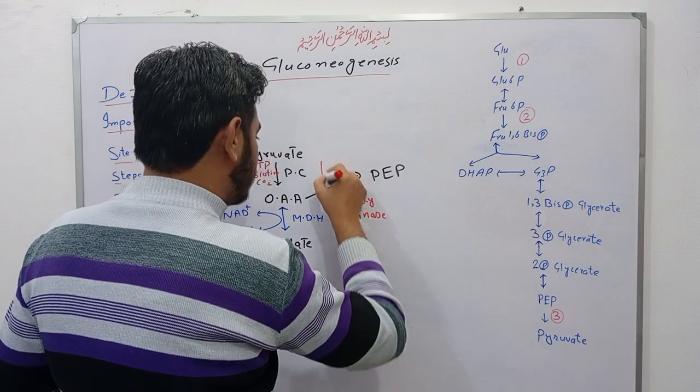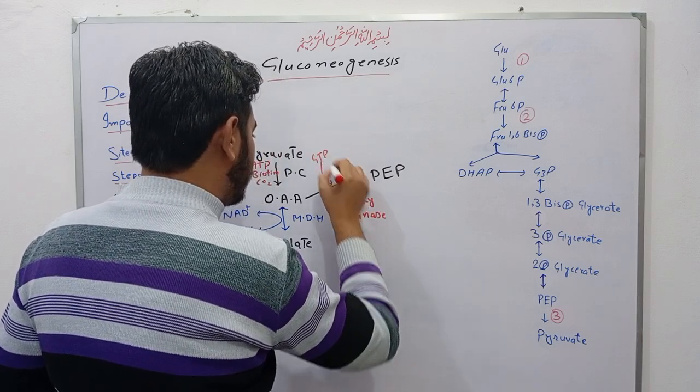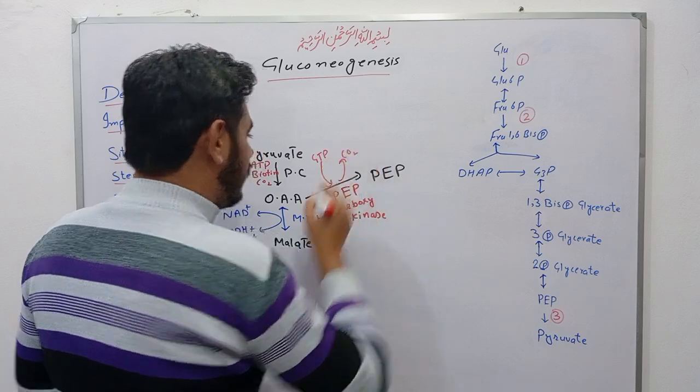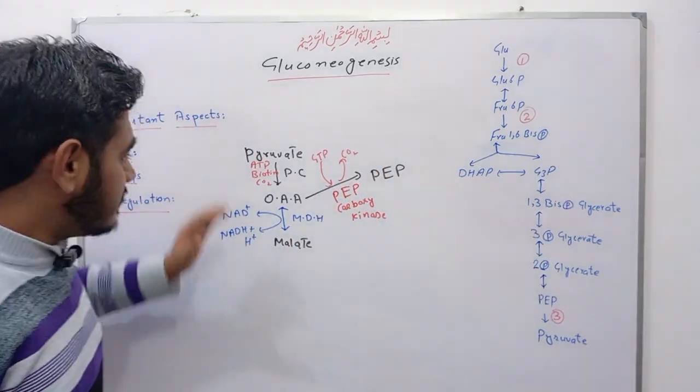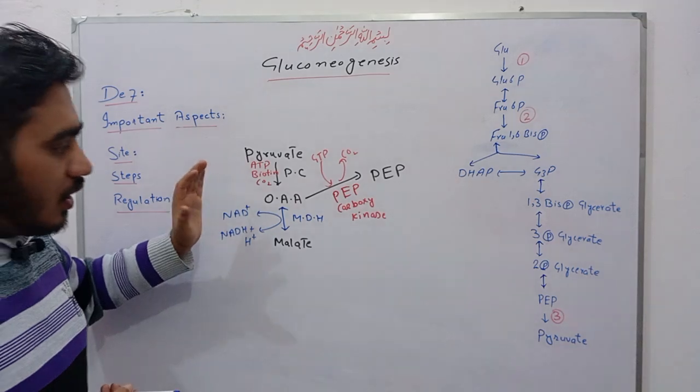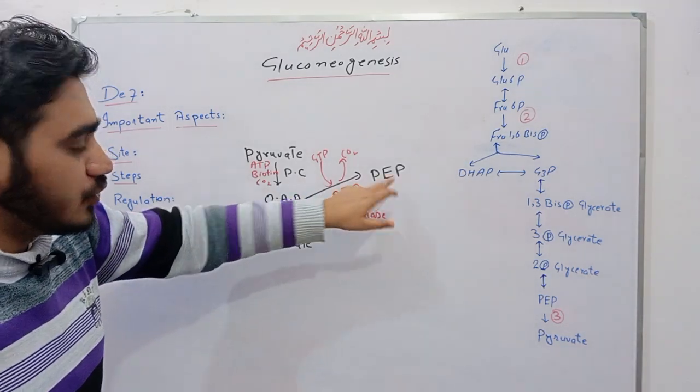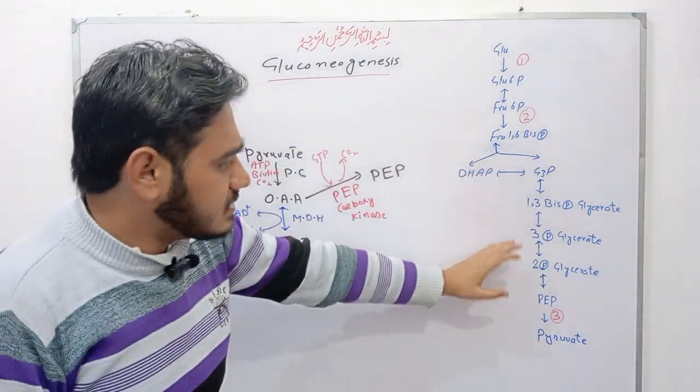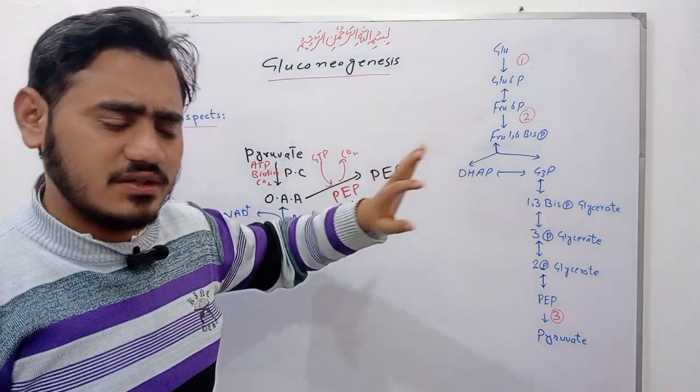It requires GTP and there is removal of carbon dioxide. Friends, it is a common pathway of how pyruvate converts into phosphoenolpyruvate, while all other steps are reversed